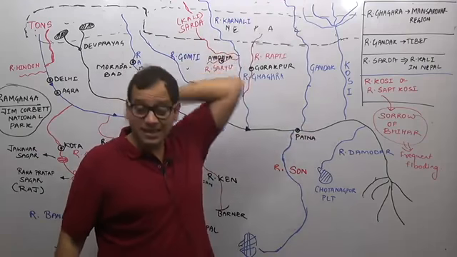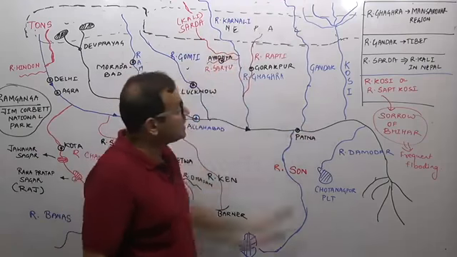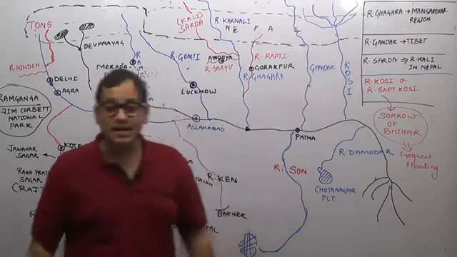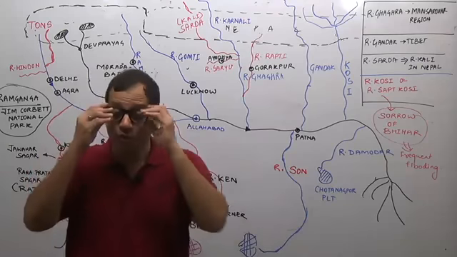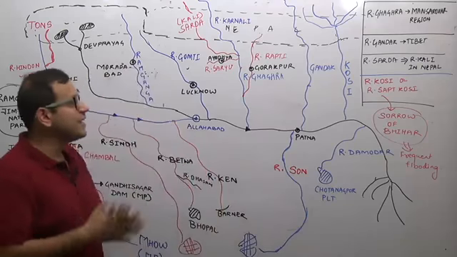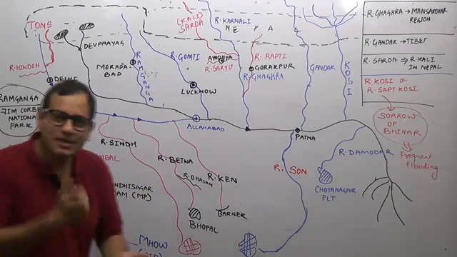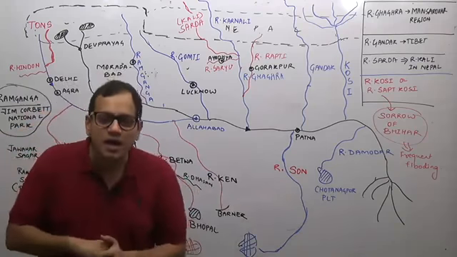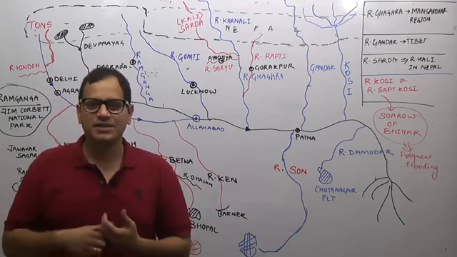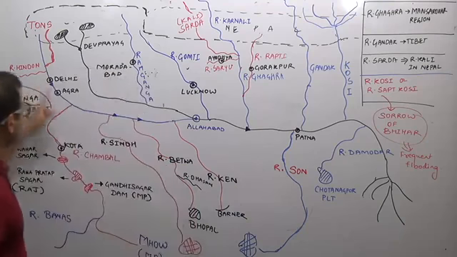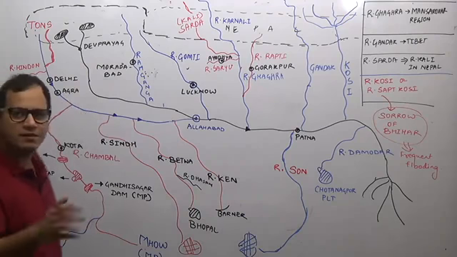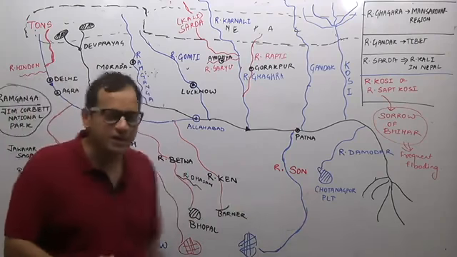Kosi originates in the higher mountains as 7 different rivers. It is also an international river between Nepal and India. Now, if I ask you, out of the total Himalayan rivers, which of them are international? Out of the total river system of Ganga, how many are international rivers and how many are not? Obviously the peninsular rivers we do not have to consider, because they originate only in India.